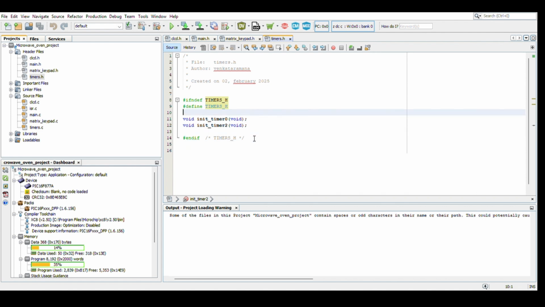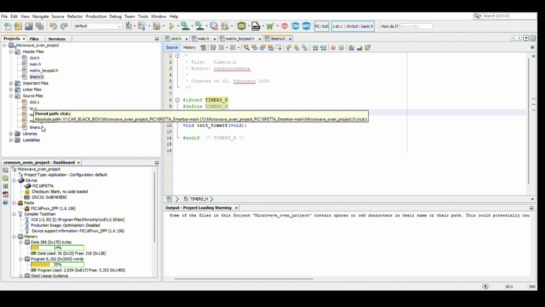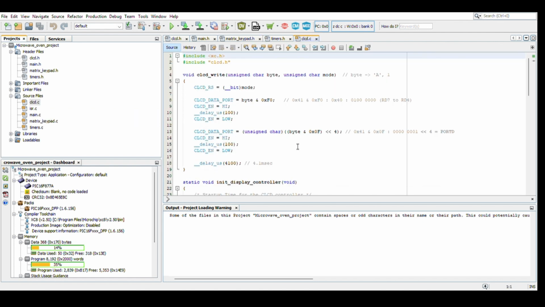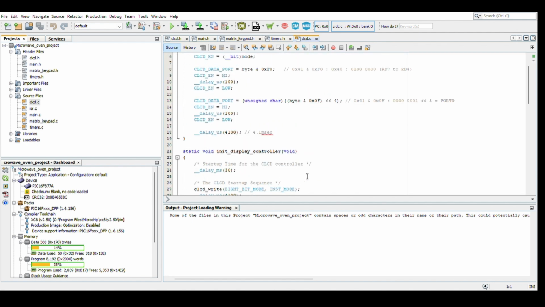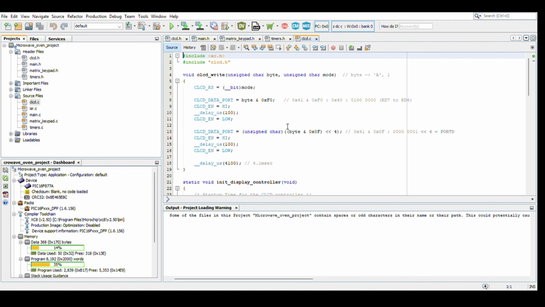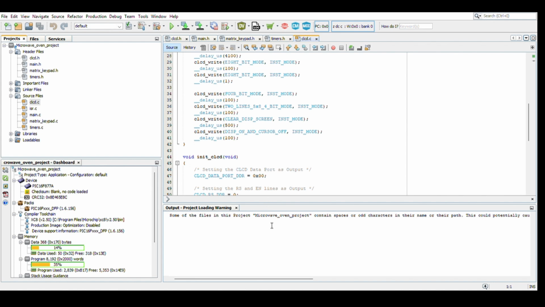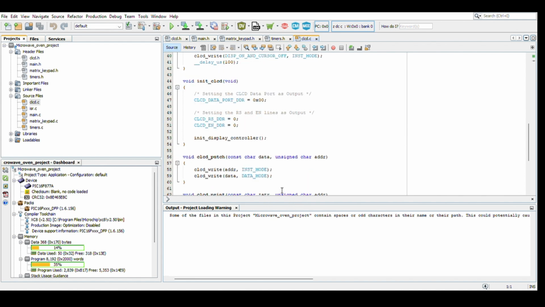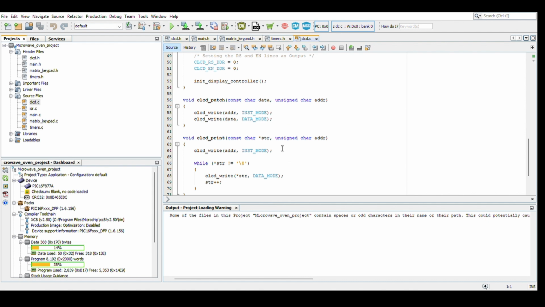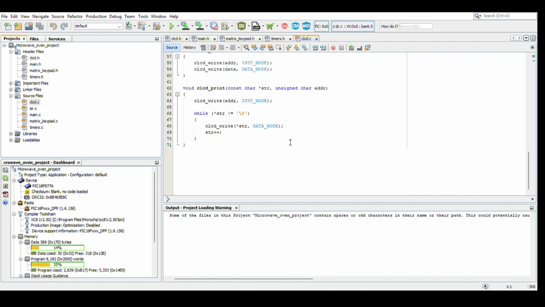Now, coming to the C programming, this is an LCD driver for interfacing a character LCD with a microcontroller in 4-bit mode. The functions allow sending commands and data to the LCD, displaying characters, and initializing the display. It consists of include header files, writing data to the LCD, sending the upper nibble (high 4 bits) and sending the lower nibble (low 4 bits). Finally, delay, and initializing the LCD controller